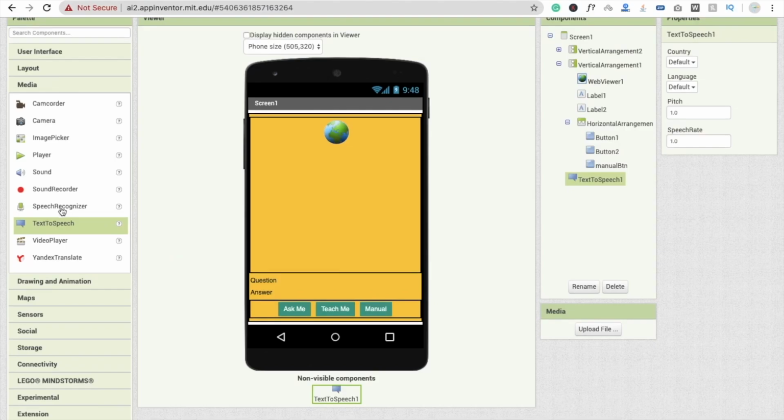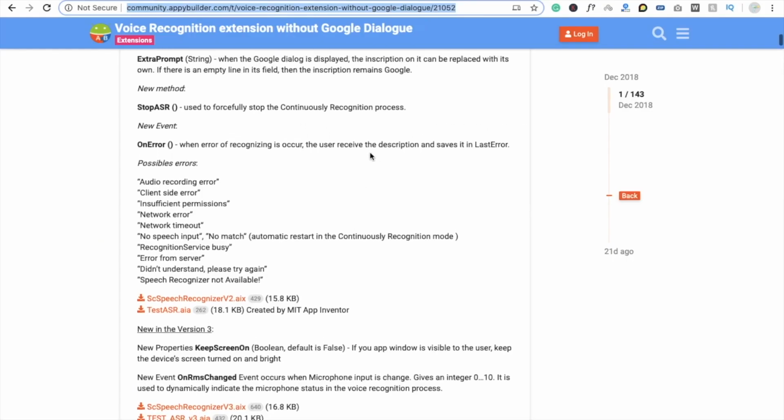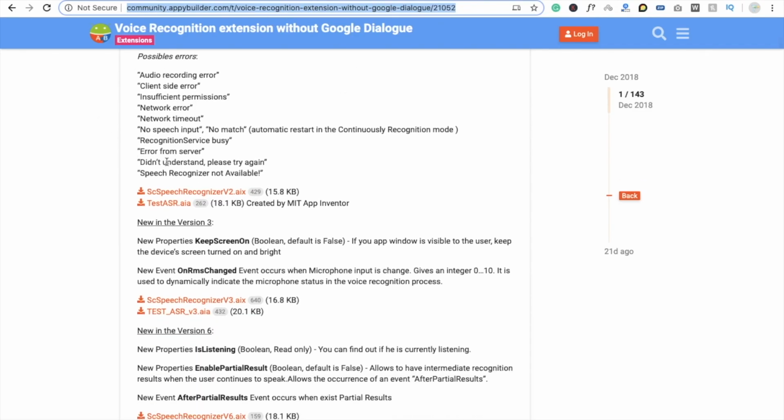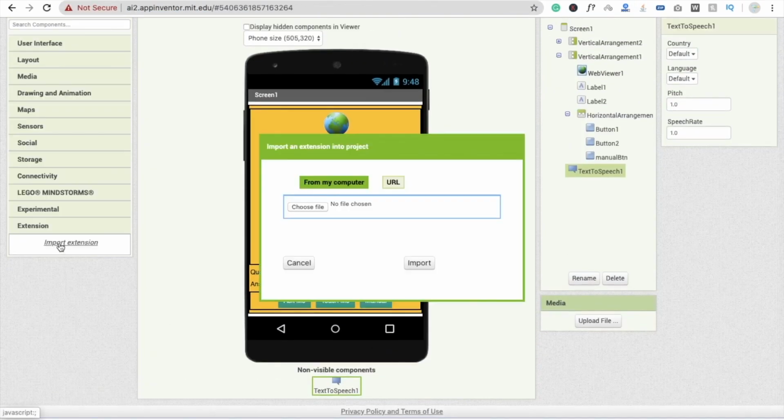But if I am using this one, there is Google branding, you can see the dialog of Google. So I don't want this. So what I'm going to do, I'll give you the link of this extension here. On communityappbuilder.com, that one is voice recognizer extension without Google dialog. Click on this extension AIX file and download this, and we have to go to the extension, and you will see import extension, and drag and drop this and import it,